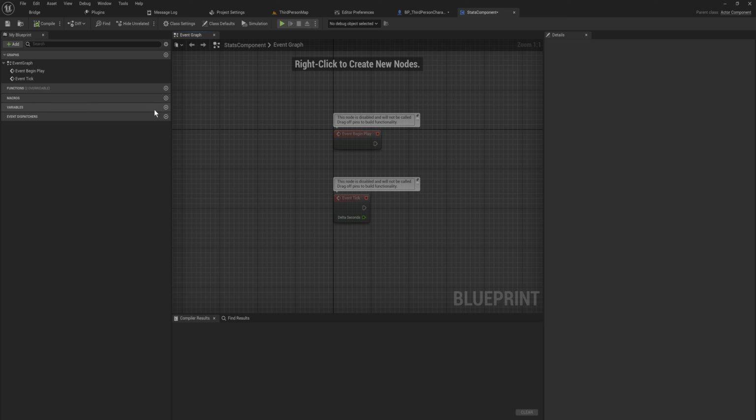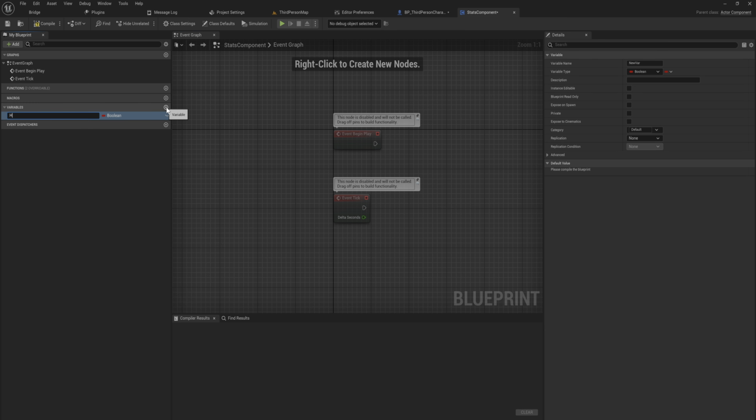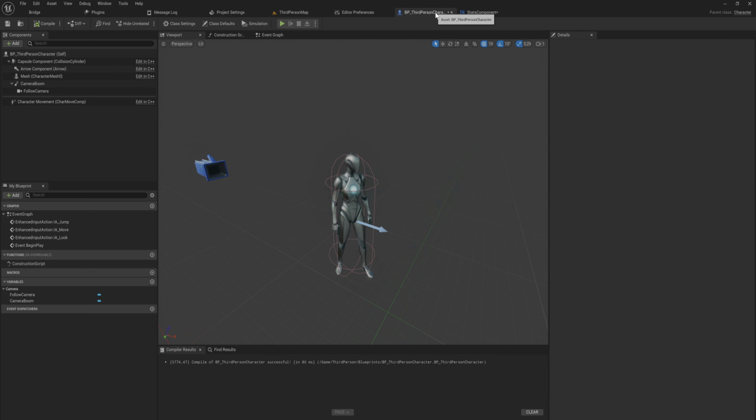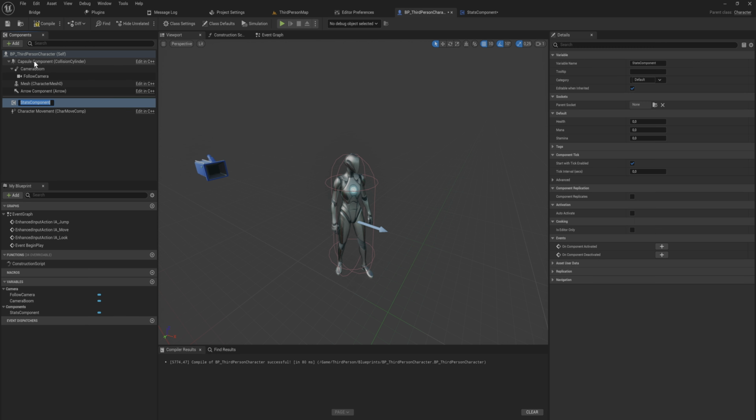So let's make those variables in here. Let's make our health. And ideally, you would also maybe have a max health, and that could be put into a struct for better organization and all that kind of stuff. But for now, let's just make them floats, also add mana, and then add stamina as well. For now, let's just leave it at that and go back into our third-person character and add in that stats component into here. And you will note that we have the health, mana, and stamina default value fields right over